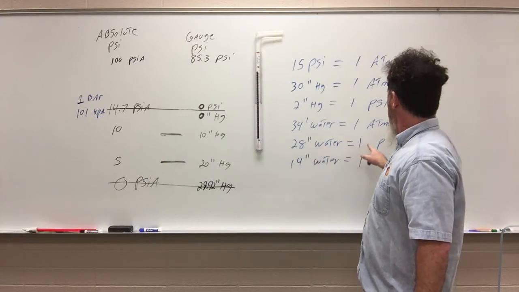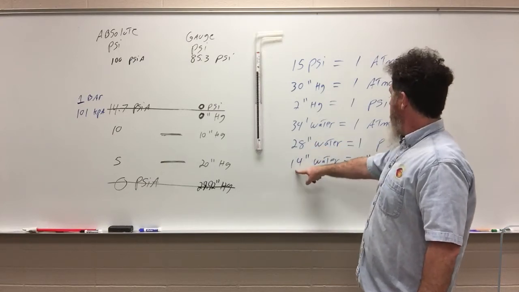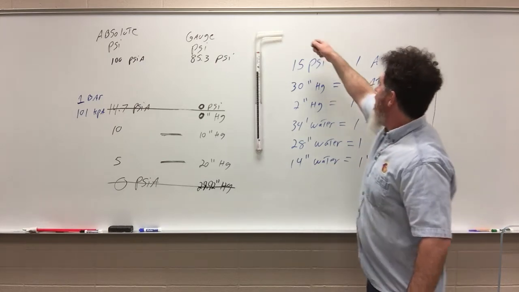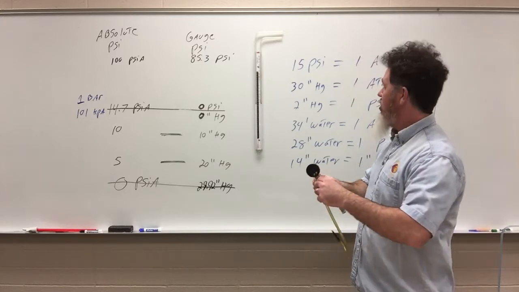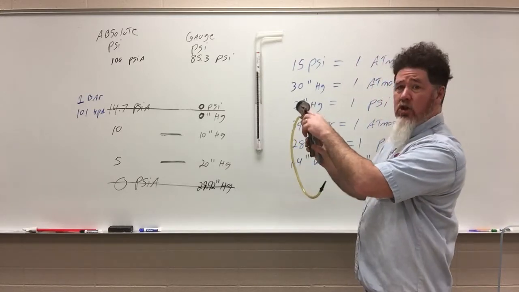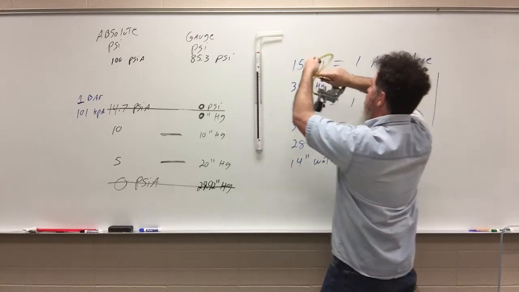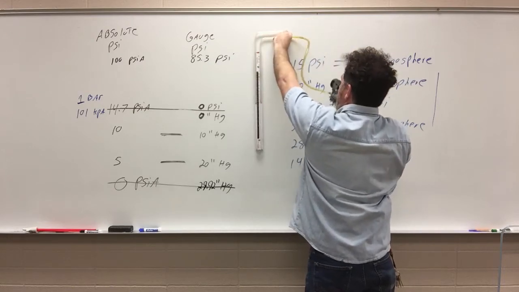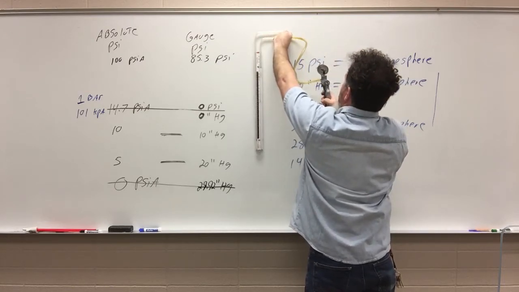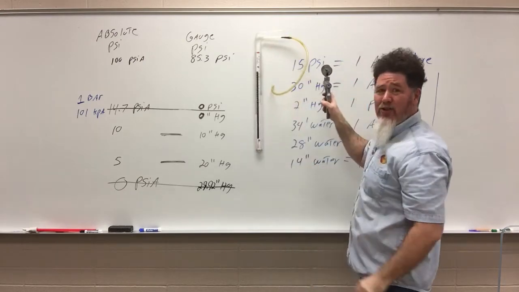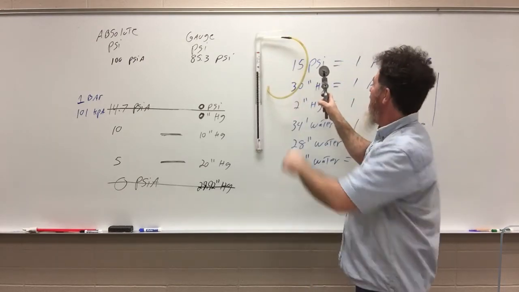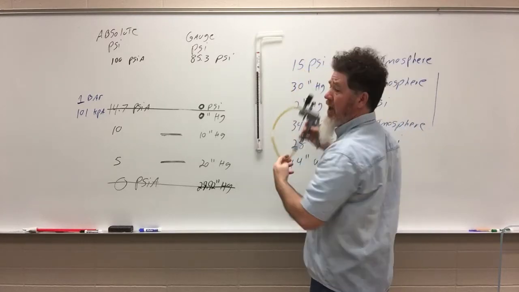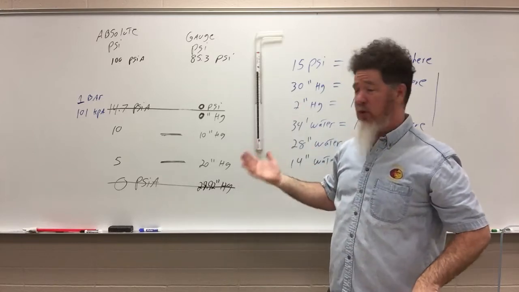So 28 inches of water equals around 1 PSI, and 14 inches of water equals around 1 inch of mercury. If I take a vacuum of 1 inch, it's kind of hard to see 1 inch of mercury on this gauge, because that's what my gauges are set up as far as vacuum. I can pull this up to 14, and my gauge, oh, is that 1.5? Is that 1 1/4? Is that a little bit under? These gauges just aren't very precise, so we tend to use inches of water as a better measurement tool. It's just more precise, is all it is.